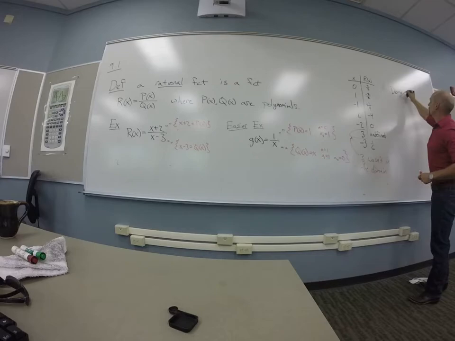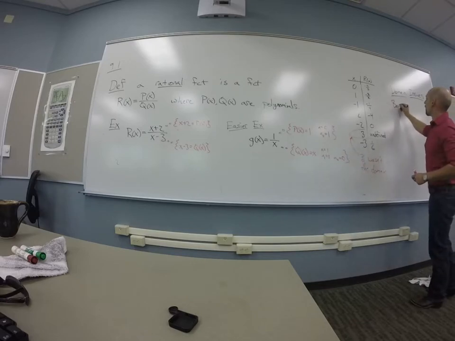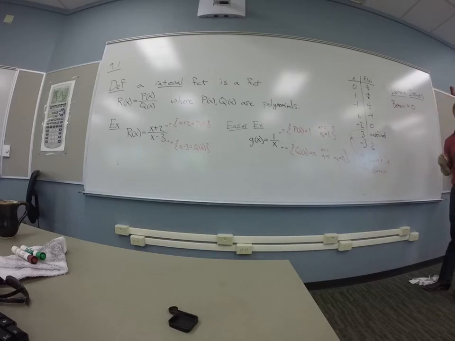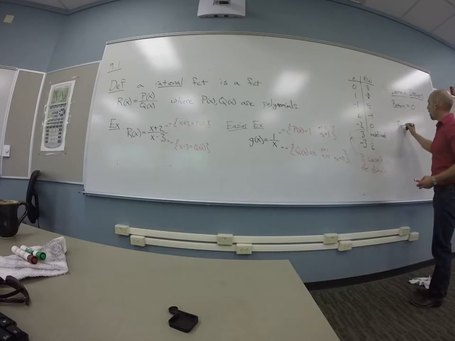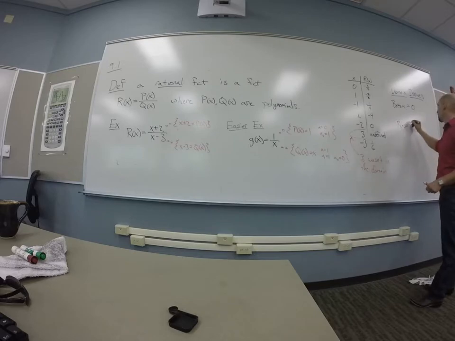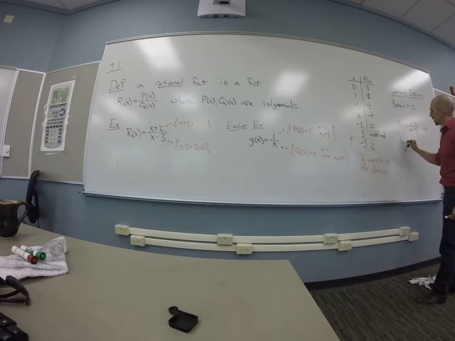So, domain issues, really finding points that aren't in the domain, come from bottom equals 0, right? I can't divide by 0. So anytime the bottom's 0, I have a domain problem. So what does that mean over there? Well, it means that if I want to look at R of x is x plus 2 over x minus 3, this thing has domain issues